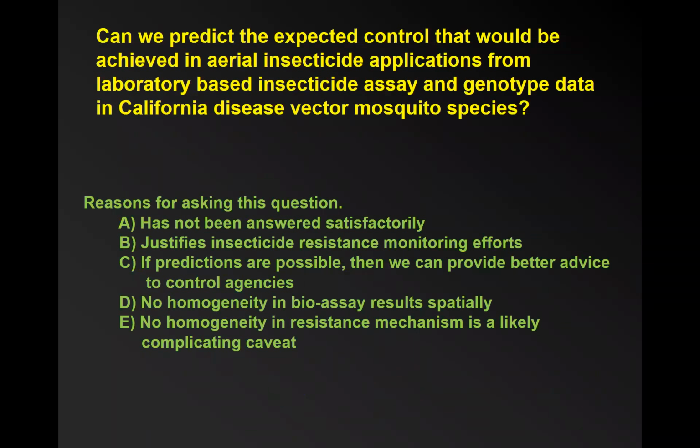So basically the premise for this question is, can we predict expected control from bottle bioassay data? And there are several reasons for asking this question. The first is that despite the fact that we've had many, many years of doing bottle bioassays and bioassays in the lab, no one has ever made that connection between what we see in the lab and what we can actually expect control-wise. So that question has never been answered satisfactorily,